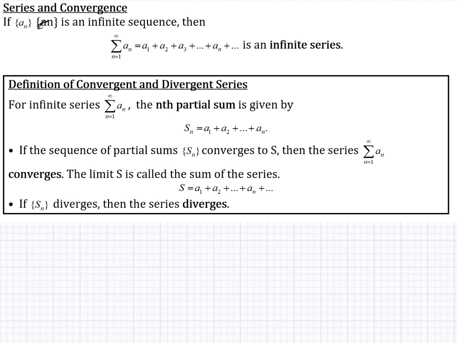So here let's look at a series. Now, a sequence and series are a little different. A sequence is a list of terms, finite or infinite, depending on whether you're talking about a finite or infinite sequence. A series is a sum of terms. So let's look at this. If we have a sequence a sub n, and that happens to be an infinite sequence, then if we look at the sum of a sub n, the sum of all the terms of the sequence, we would have an infinite series.